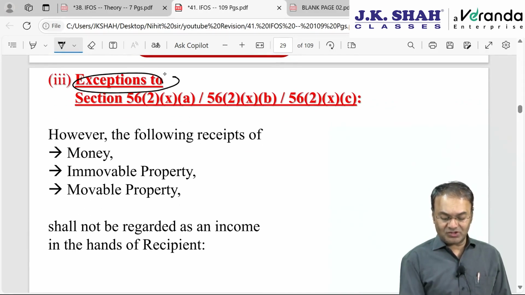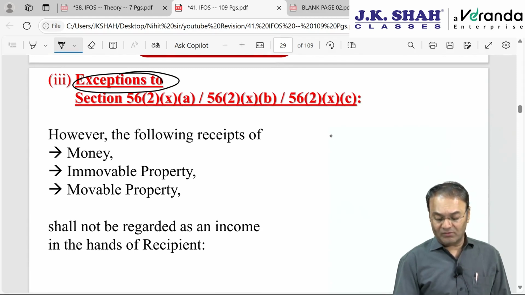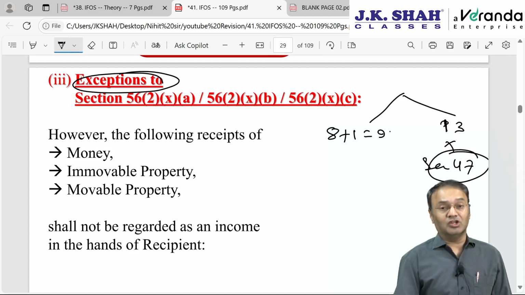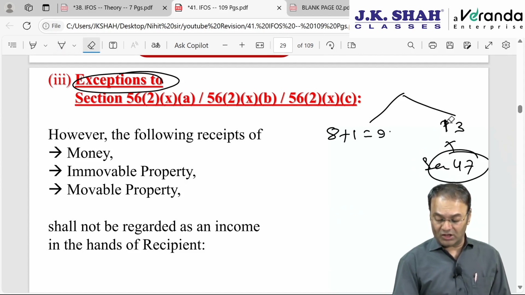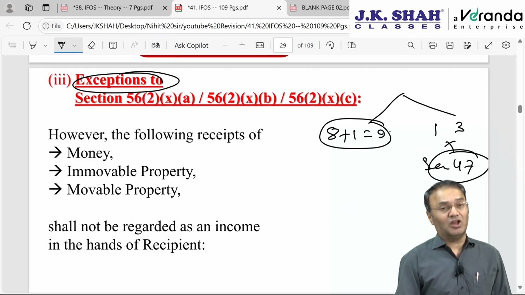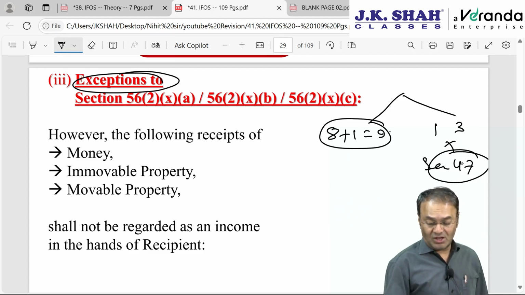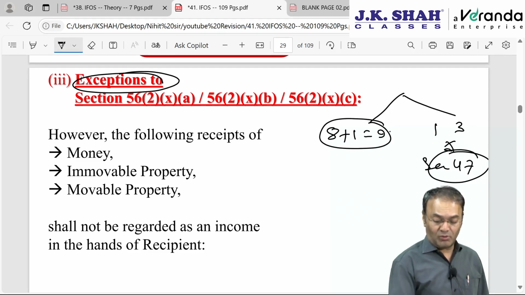There are some exceptions, 22 exceptions. Out of them, only the first 8 plus 1, that is 9, are relevant. The remaining 13 are totally unimportant, governed by various clauses of section 47. This was introduced by the government later on. Earlier there were only these 8 exceptions. Now the original 8 exceptions have become 9 exceptions, plus the government introduced a couple more exceptions which